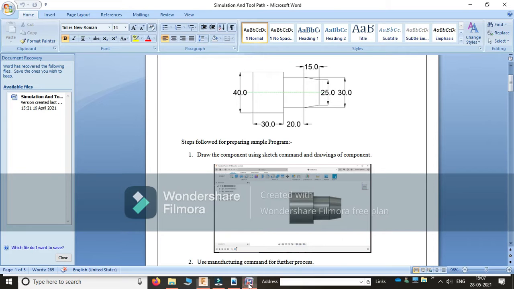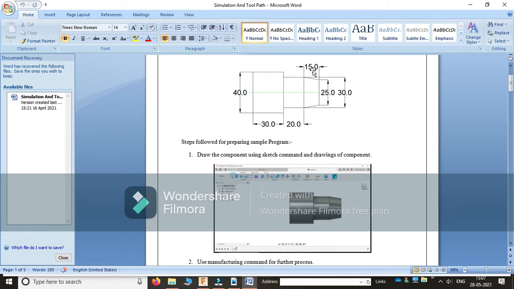Next, as per the dimensions, the larger diameter is 14 and the length is 30. The second diameter is 20 and the length is 20. The third diameter is 25 and the length is 15.